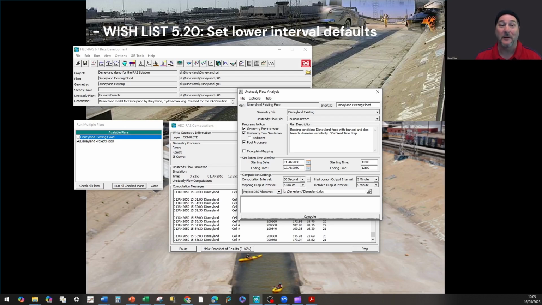So even if it's frustrating to see diffusion wave come up as the default, for example, maybe there are some good reasons for doing that from the Corps of Engineers perspective. Say you were working on a massive river system like the Mississippi River, and you're setting up a model that's eventually going to take days to run. Maybe you want to get the right amounts of water moving around in the model before you're ever worried about detailed hydraulics. So in that case, maybe it makes sense to start with diffusion wave, and then you get more